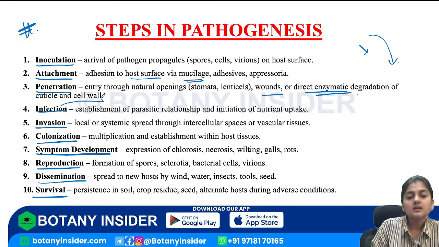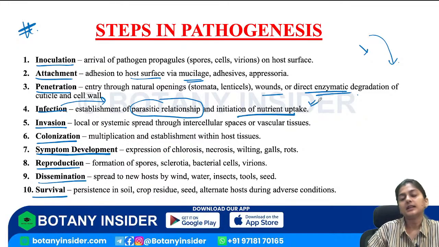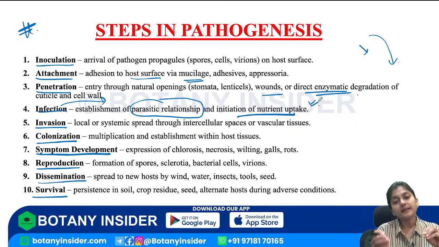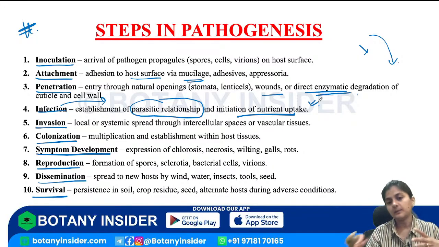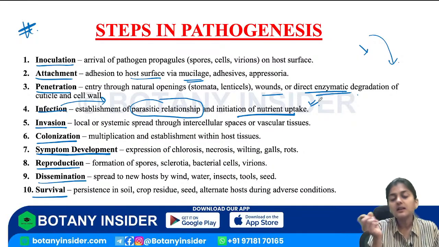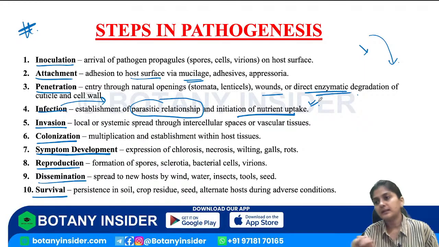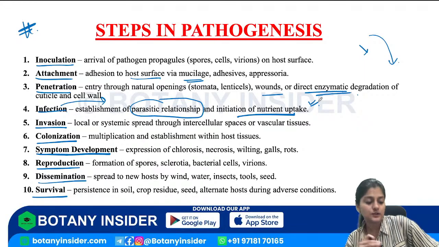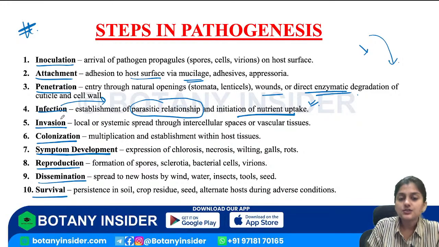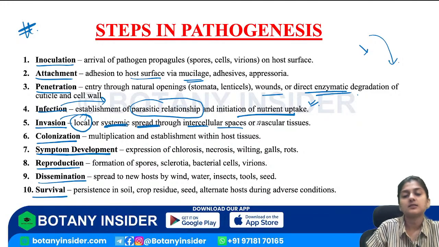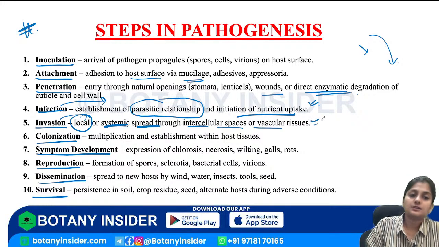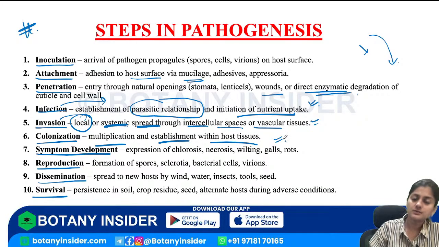Then infection, so establishment of a parasitic relationship and initiation of the nutrient intake, because only when there is a relationship between the host and the parasite can the nutrient uptake begin, and there needs to be a physical relationship between the two for a proper exchange of the content, right? Then invasion, so local and systemic spread through the intercellular spaces and or the vascular tissue. Then colonization, so multiplication and establishment within the host tissues,